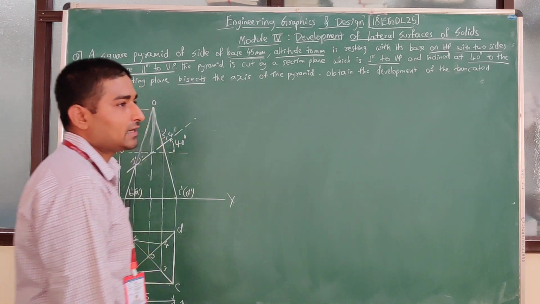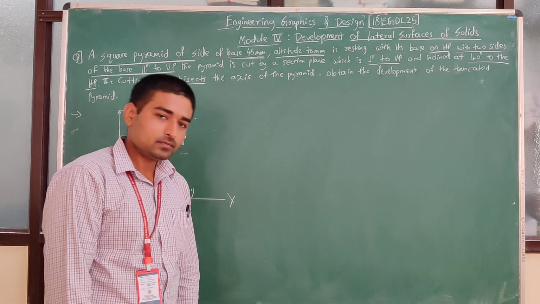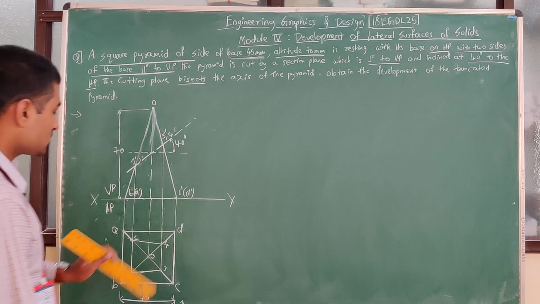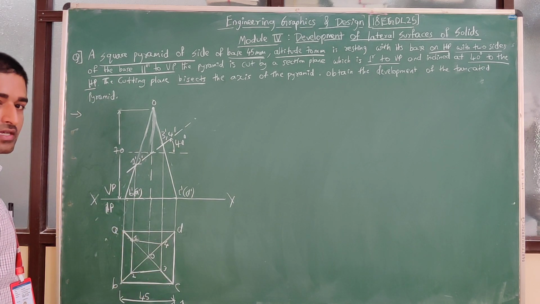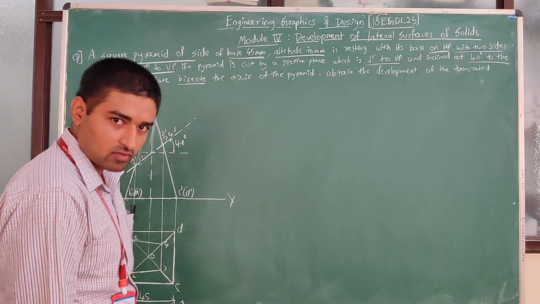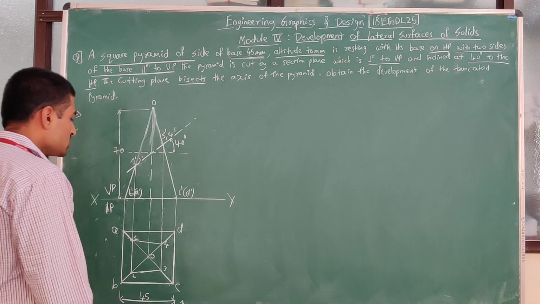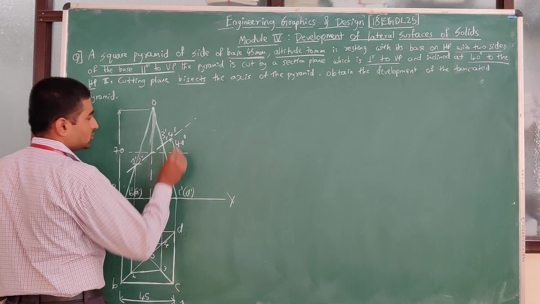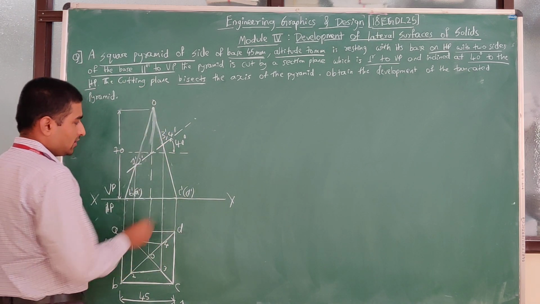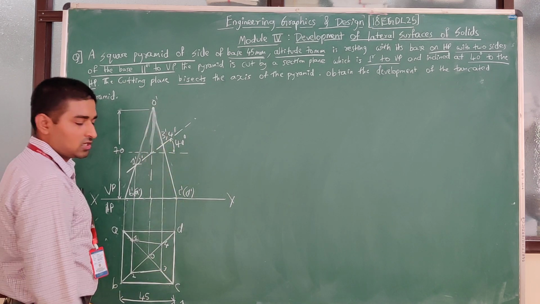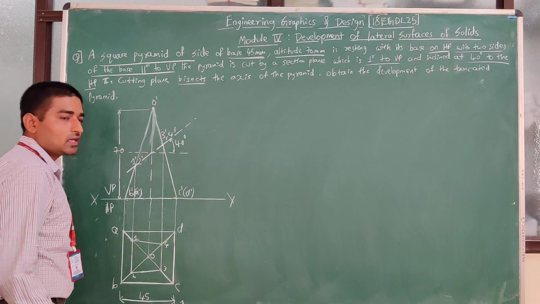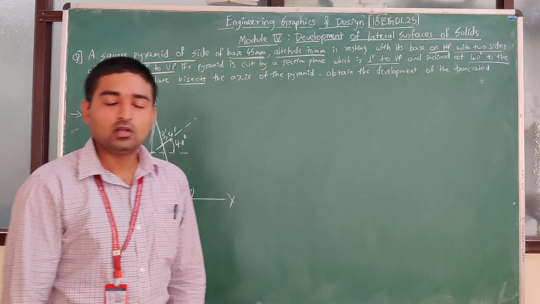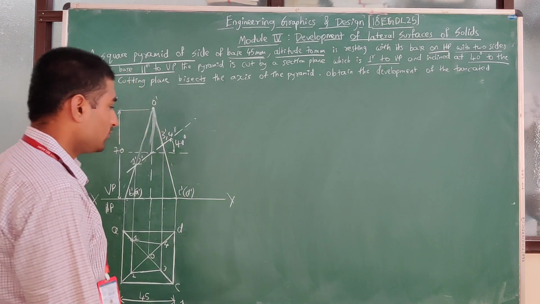But before starting that, I need to clear one more point here, right? Now since this square pyramid is resting on the edges, consider the edge which is coming from C dash to O dash. Again that's O dash. So C dash to O dash. Do you think that this is a true length? This is not a true length of the edge.